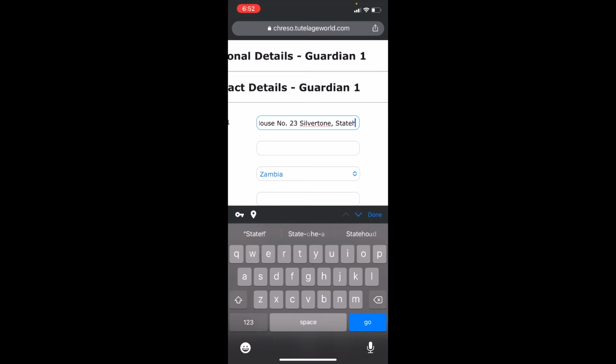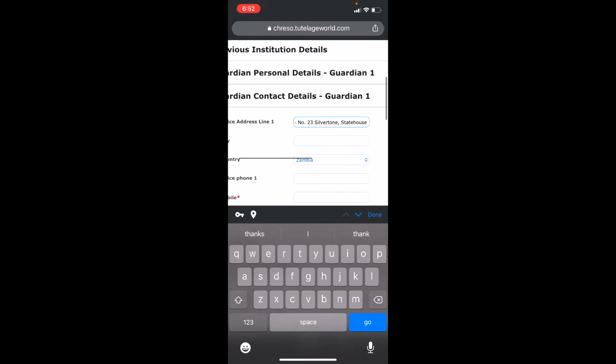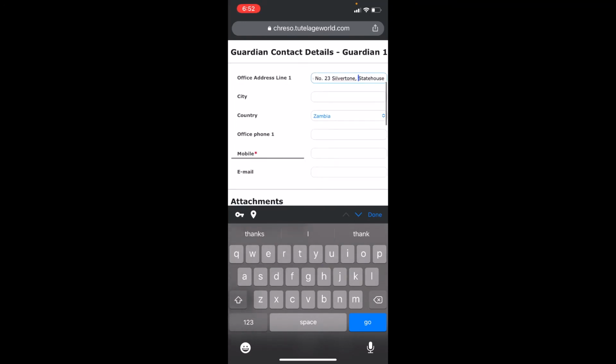Okay, so basically you indicate the area. If there's a road, you can indicate the road. Basically, it has to be something that is helpful for us to be able to find that location. Okay, then the city,